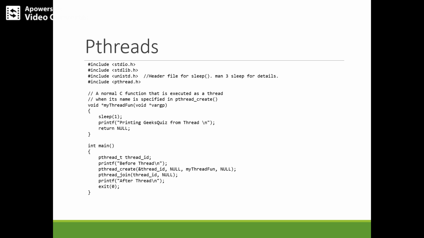Here you can observe my thread func is a function that is called when a thread has been created, and the argument that is passed to that particular function is here NULL. You can observe next to the my thread function we have an argument called NULL. All these additional threads are created by pthread_create, and the definitions of these are within the pthread.h header file.